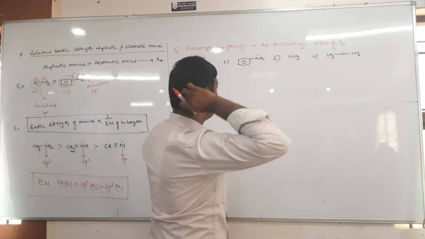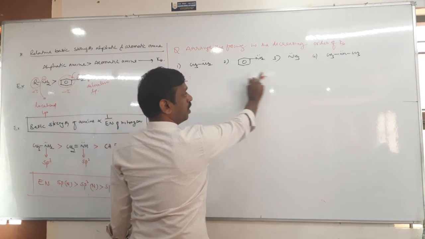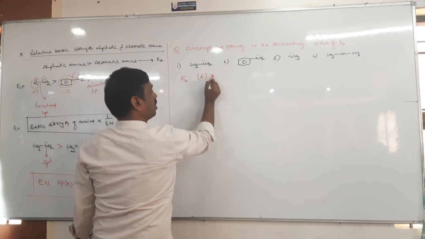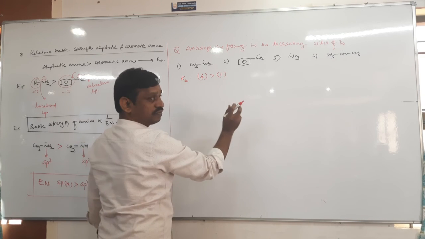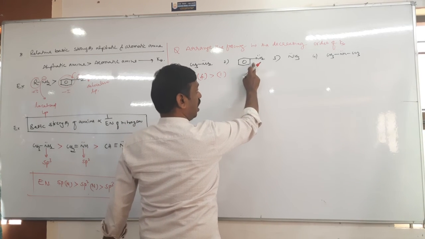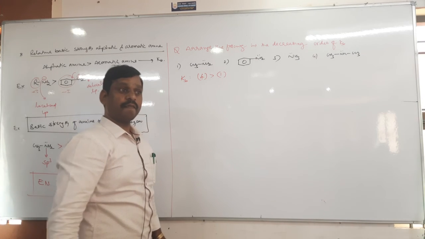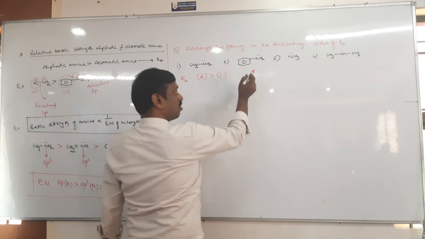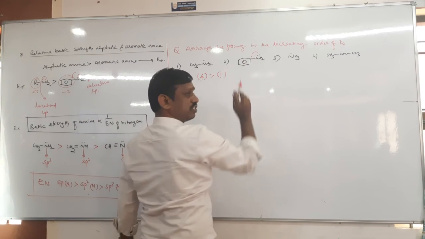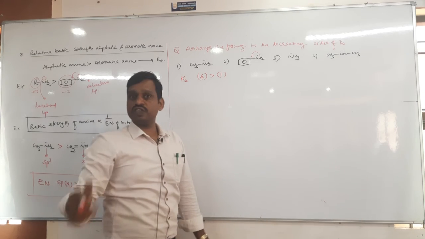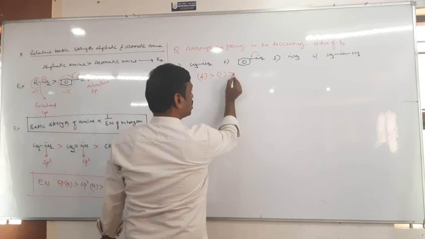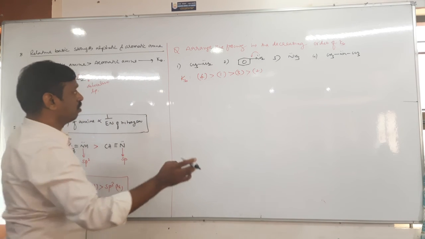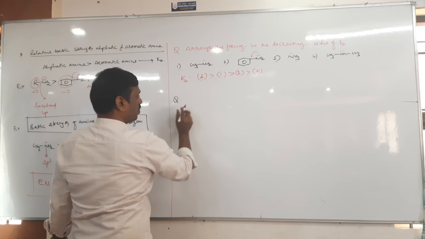Therefore in aqueous medium, tell me, methylamine is a primary amine, dimethylamine is a secondary amine. So secondary amines are more basic than primary amines, right? Next is aniline and ammonia. Which is more basic? Ammonia, because in case of aniline, the lone pair is delocalized. In ammonia, there is no delocalization. Therefore, ammonia is more basic. Then next is aniline.